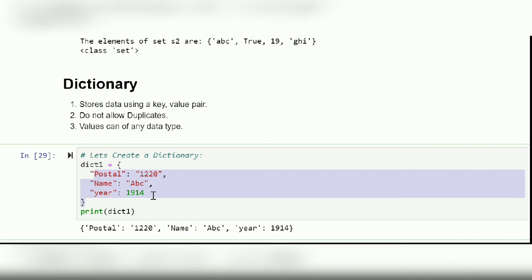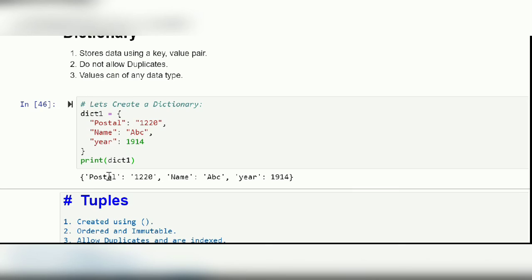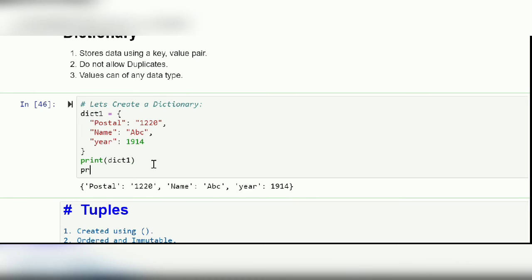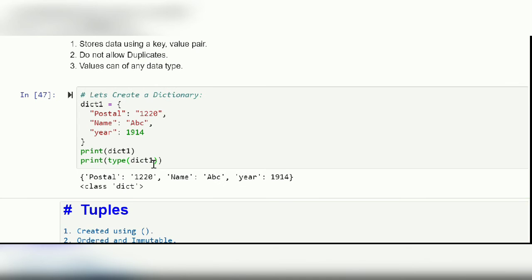So these are data types belonging to different classes, and I am just printing it out, so you can see these are the key value pairs. So name ABC and year 1914. Now if you just want to see the type of this, I'll print it out for you. Dict1, you can see that this belongs to the dictionary data type.